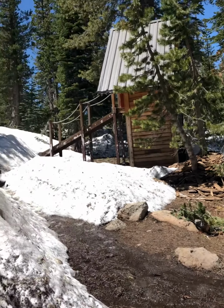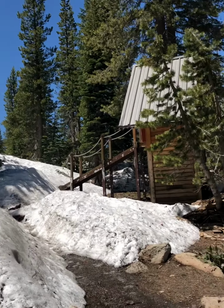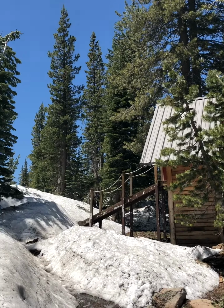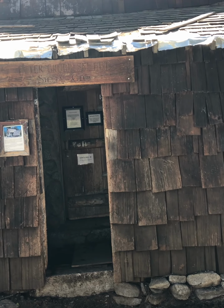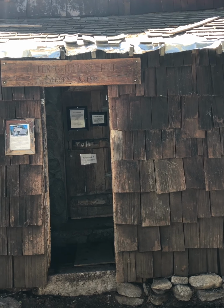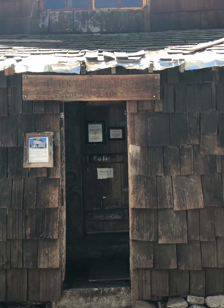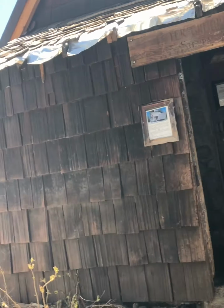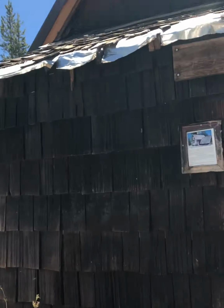Hey all, Hawkeye here. Just north of 80, I don't know how many miles, probably about 5 or 6, there's this cabin. It's called the Peter Grubb Ski Hut, and it's here because of the Sierra Club. It's kind of cool. It's been here for a long time. Of course, they've updated the roof with the steel, but if you go in,